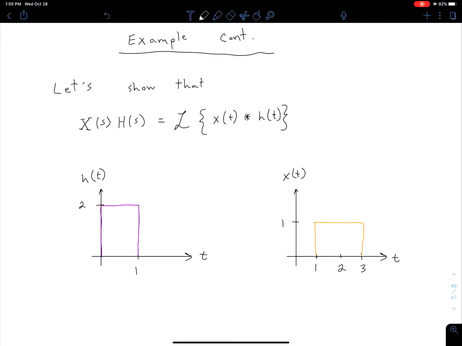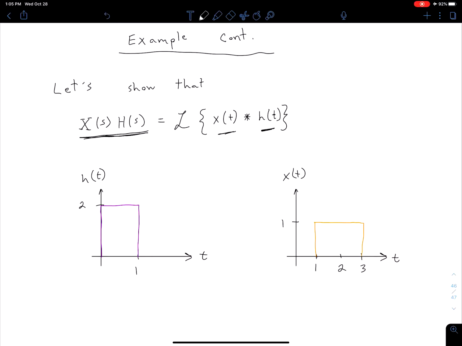Let's come back to that example from our previous video, and let's show that instead of doing this convolution in the time domain, we could have done multiplication in the frequency domain. And so remember, the two cases we talked about where you want to avoid working in the frequency domain is maybe this expression is really complicated and it's difficult to inverse Laplace transform, so that's one case. Our second case was maybe these x of t and h of t components don't have an explicit transform. So maybe there's some experimental data that we can't take the Laplace transform of,